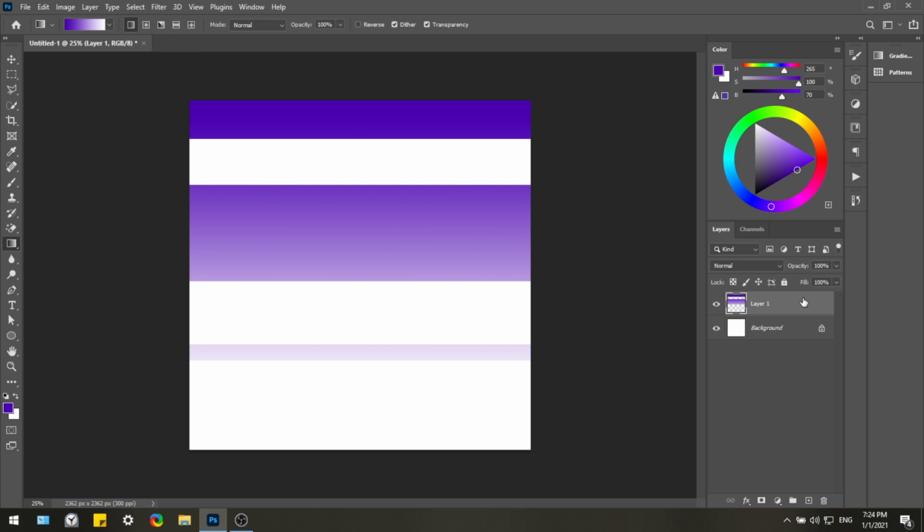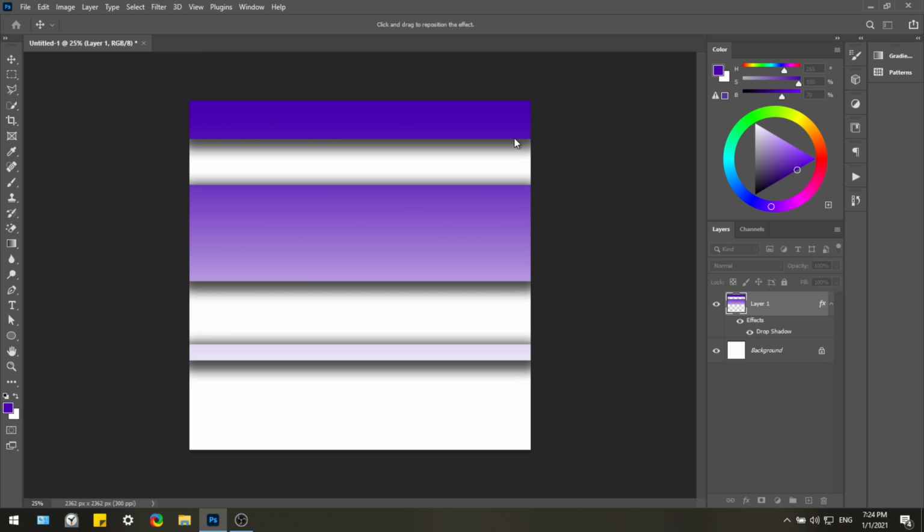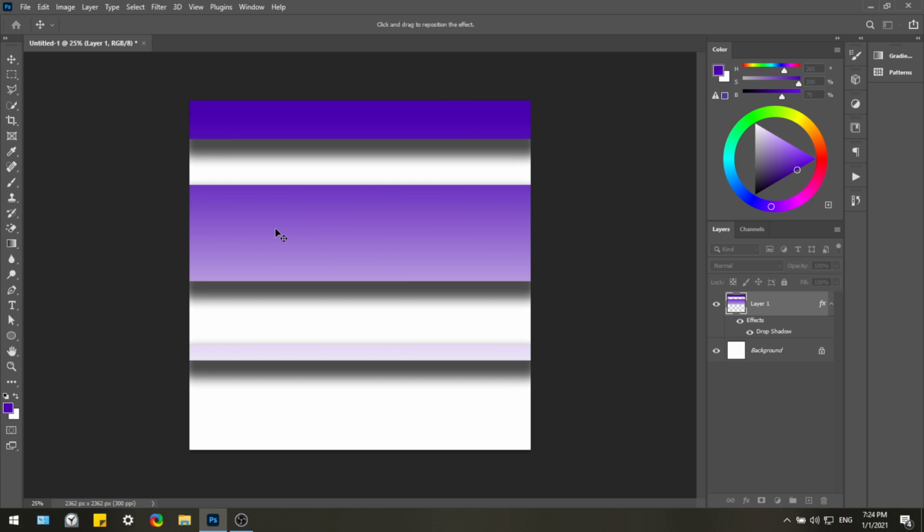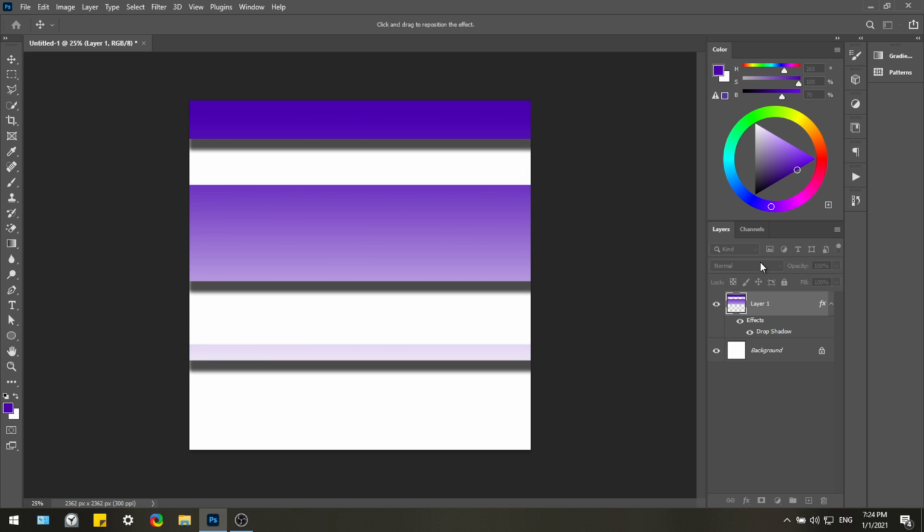Double click on the layer and add a drop shadow. Let's drag it a little bit in the document to move it. Let's decrease the size to something like 40 pixels, and let's decrease the opacity to around 60%. Hit OK. Select the background layer and let's choose some blue, some dark blue for the background,